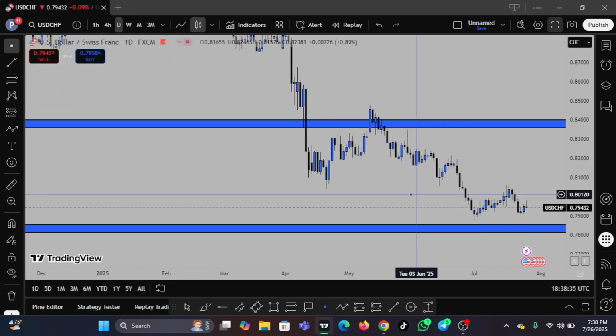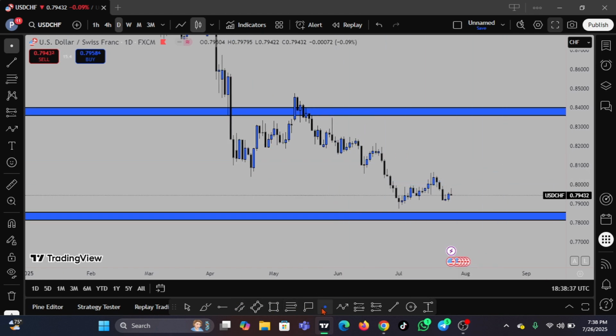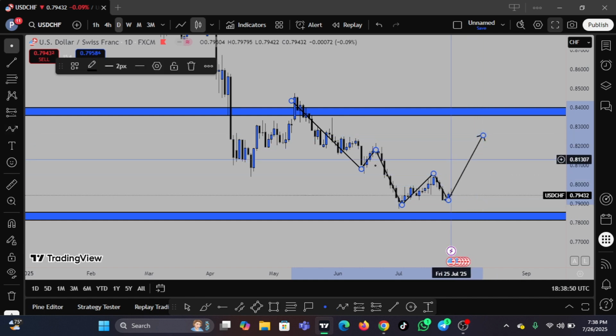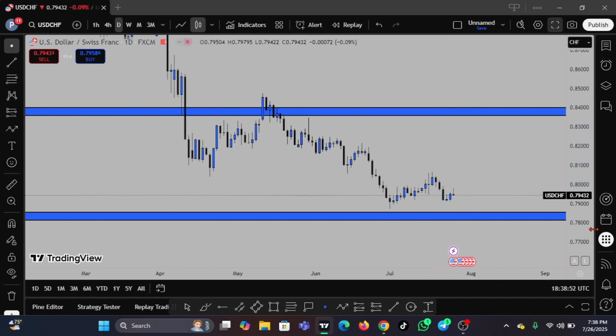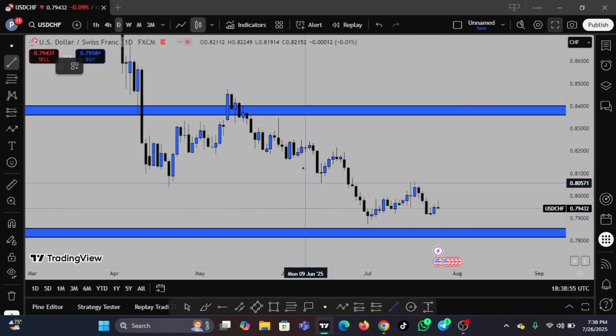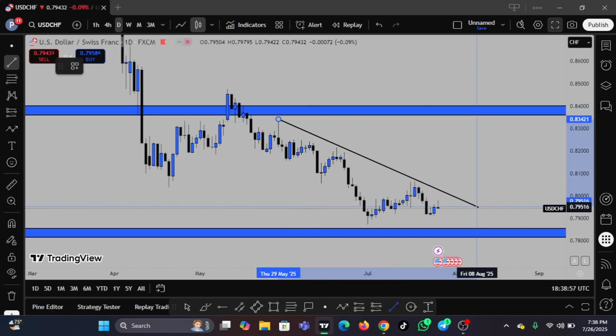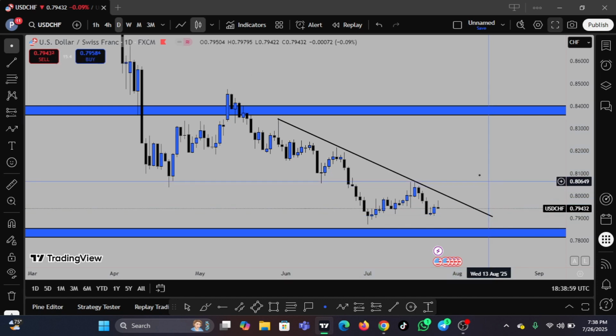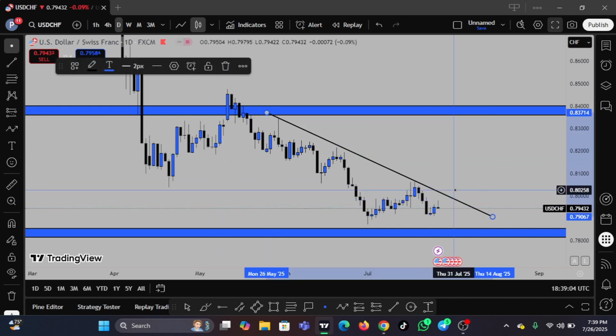So on this day chart, let's look at structure. Structural wise, price is still on a downtrend on the day chart. Lower lows, lower high. Are we going to have a push, or price is going to turn from here and then we can see changes from this point? So what I'm seeing here, before I take a buy trade on this price, I want to see a break of this trend line. I want to see a break. If there's no break above this trend line, there's no buy trade yet.